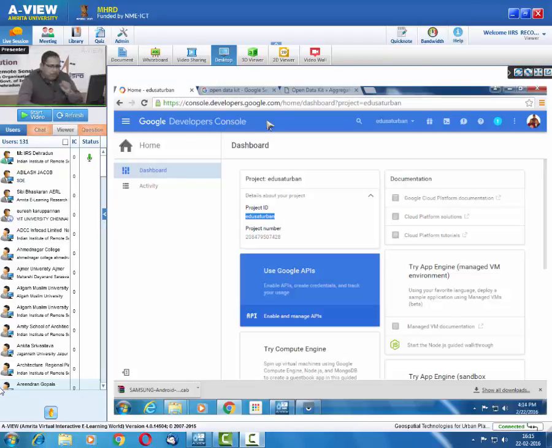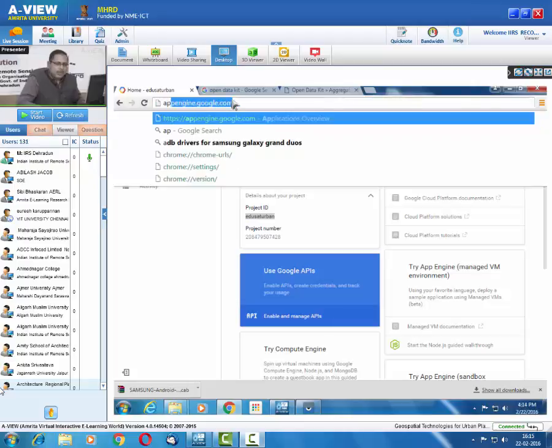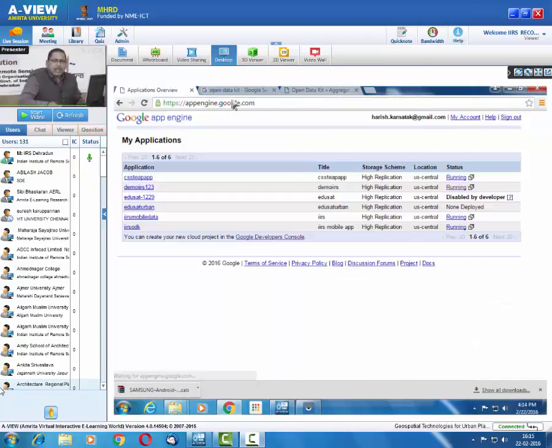Now come to the, sorry, main app store. Then you will be seeing that now EduSet Urban is listed here. Please see very carefully. In EduSet Urban, I have created this one. I have just selected one, and you are seeing that the status of this application is none deployed. I have not deployed anything here. I have just created one project in Google Cloud, and now I am going to deploy my ODK aggregate in